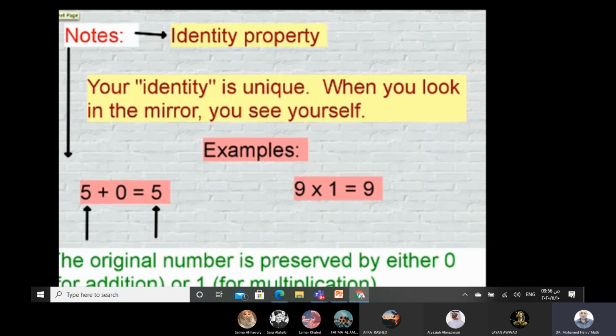If you think about your own identity, your identity is unique. When you look in the mirror, it's what you see yourself. So when we think about identity in operations, it's something that we can combine with a number that will not change it. So there are two different identities. There's the additive identity, which is 0, and the multiplicative identity,